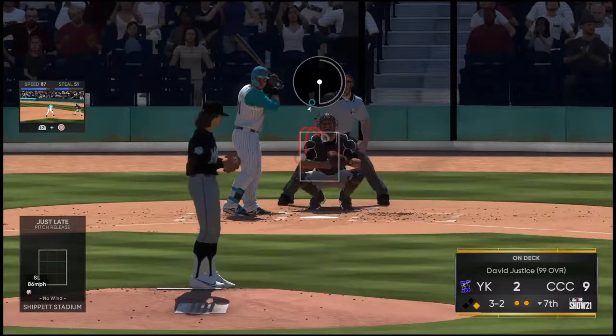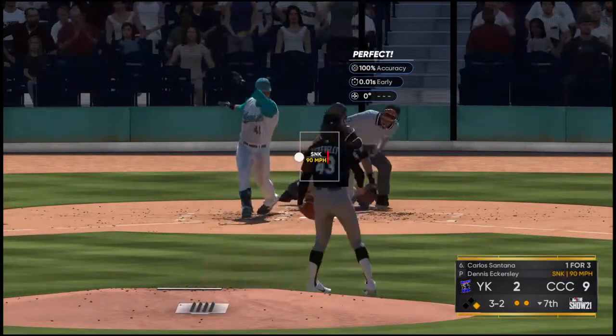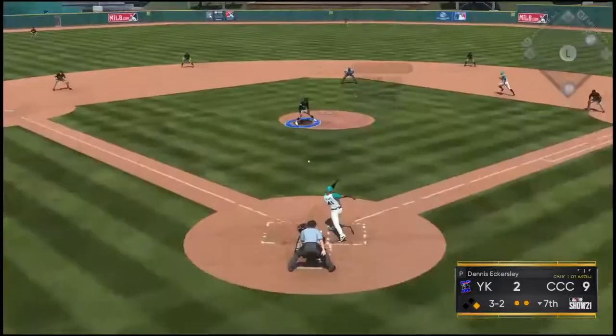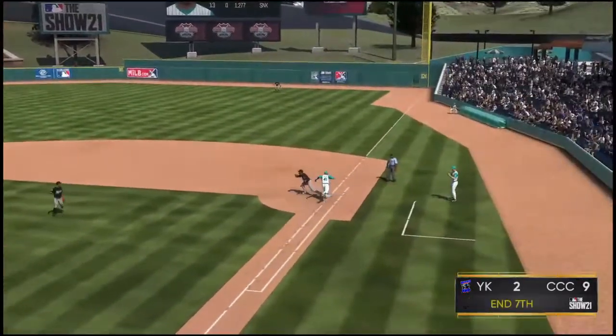Good patience, and it's full 3-2. Good running count right here. 3 balls, 2 strikes, 2 outs, runner on first. He'll be off to the races on this pitch. Another full count pitch home. Whoa, right back at him, and it hit him. Great support from his infield, though, as that's